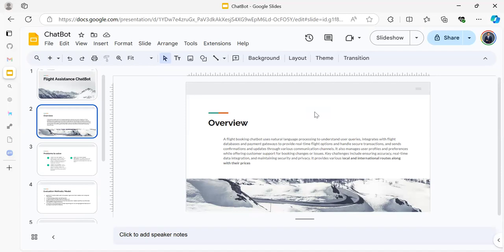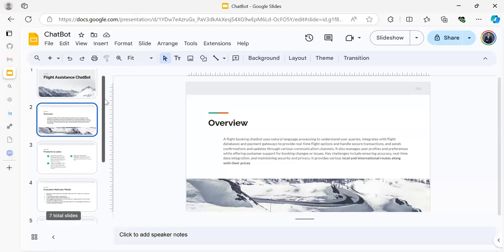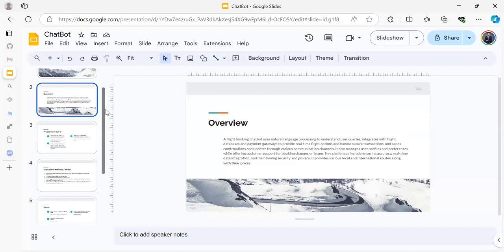The most important thing I looked at when developing this project was for it to provide information and details, especially local and international routes along with their prices. Because most times people will want to travel, people will want to use flight, but not having the knowledge of the prices will kind of scare them away. So I thought it wise to get something that people will just have to look at. As they look at it, once they get the prices, they will know what to do if they are to use that route or not.